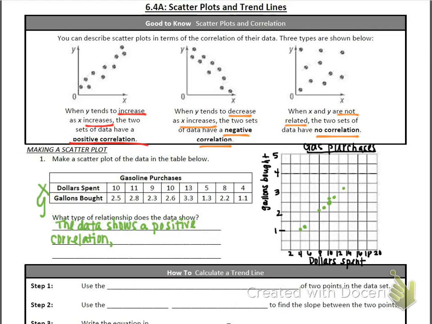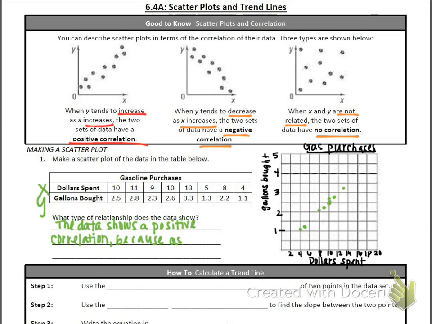Jen. Okay, that's a very non-mathematical way of explaining it. Lily. Because X and Y are both increasing. I'm going to ask you to get even a little more specific. What does X represent? Dollars spent. And what does Y represent? Gallons bought. So we can say that it shows a positive correlation because